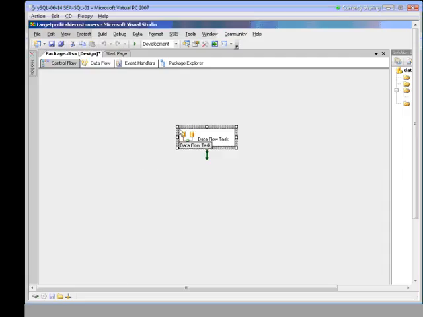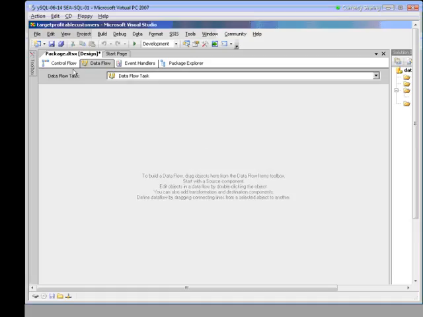A data flow task builds a data pipeline, extracting data from the source and populating the destination with our data sets. Notice we're in the control flow tab right now. Notice my other tabs here: data flow, event handlers, and package explorer. If I double click on this data flow task, it automatically switches me over to the data flow tab and creates a new design surface for me.